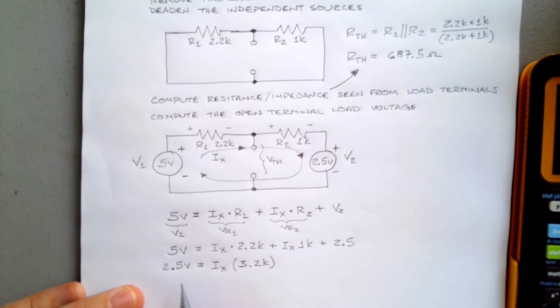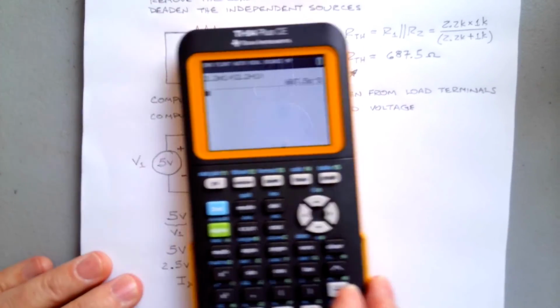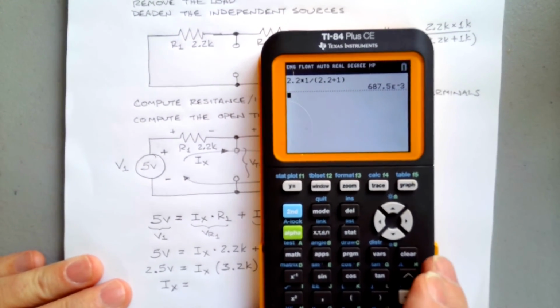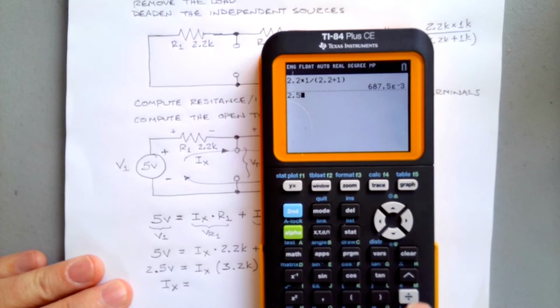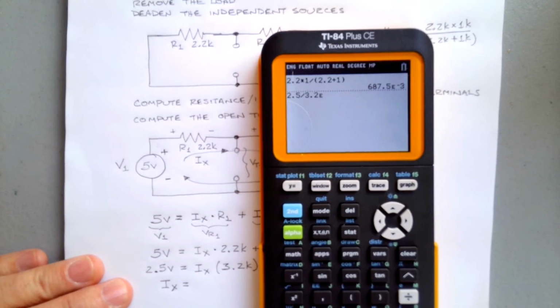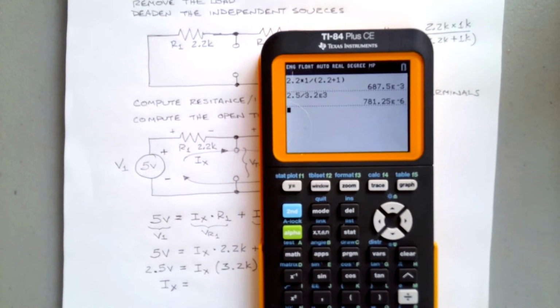Okay, and that means that Ix is equal to 2.5 volts divided by 3.2K. We'll do the full thing here. We'll say 3.2 times 10 to the 3, get an answer here, and we get 781.25